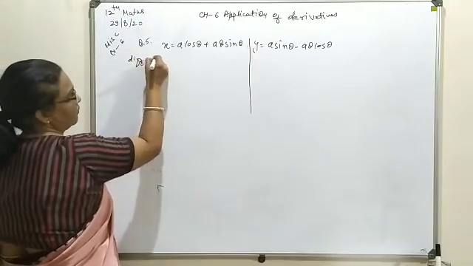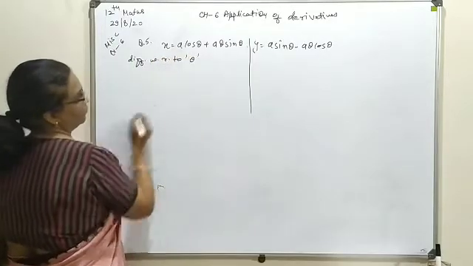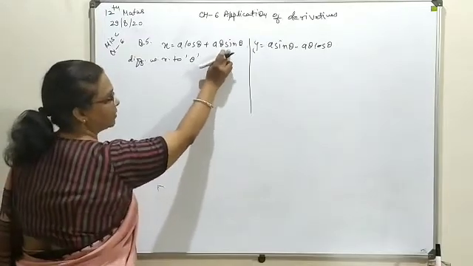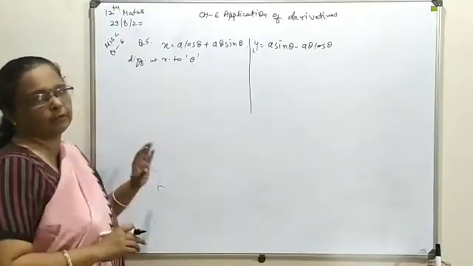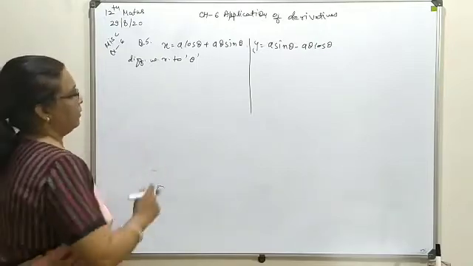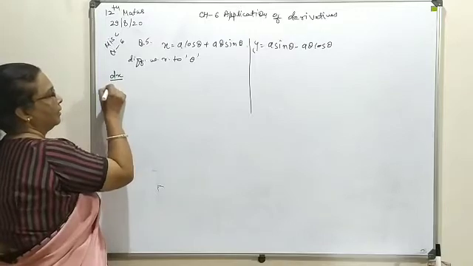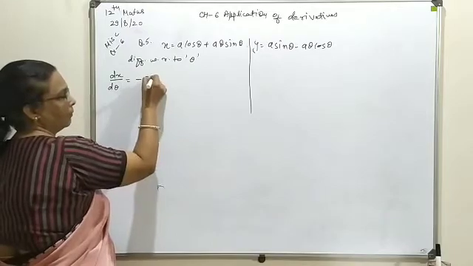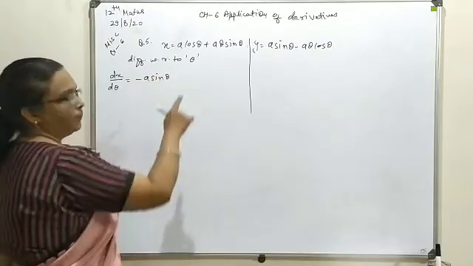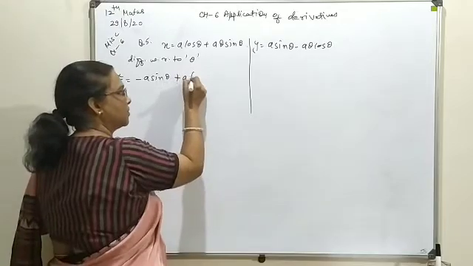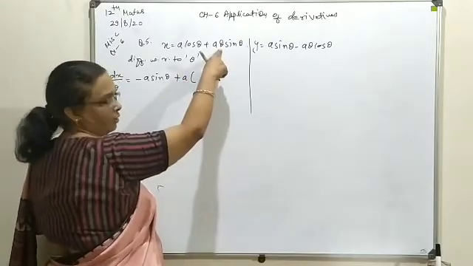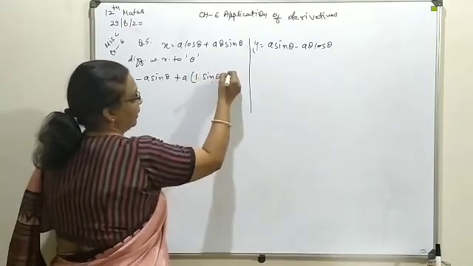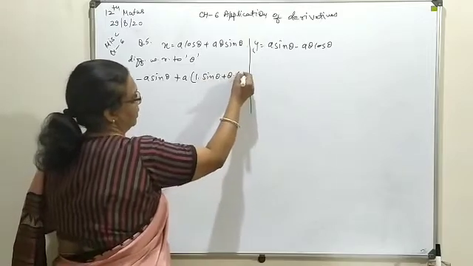differentiate with respect to theta. Here you can see the variable is theta. So here a product of two variables is being written. So the product rule you will implement to find it out. This will give you dx by d theta. Differentiation of cos we know, minus sine of theta. Here a is a constant quantity. First of all, differentiation of theta will be 1, so sine theta keep as such. Secondly, keeping theta as such, differentiation of sine you will write as cos.